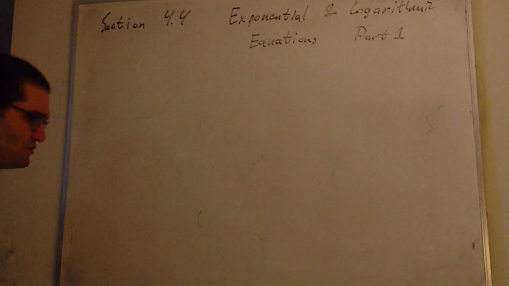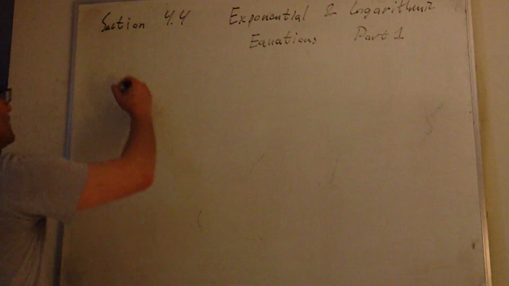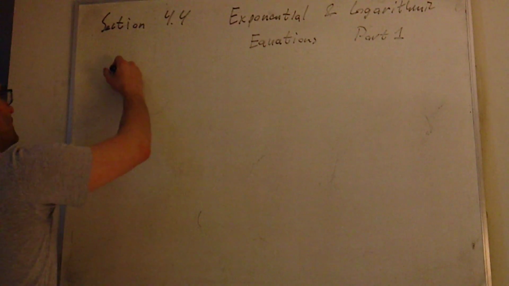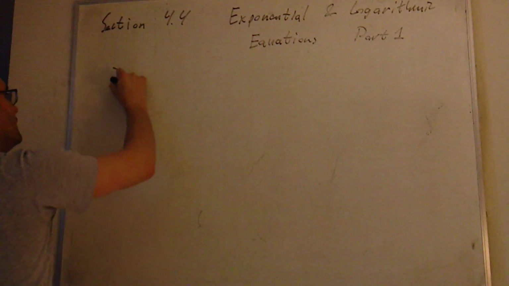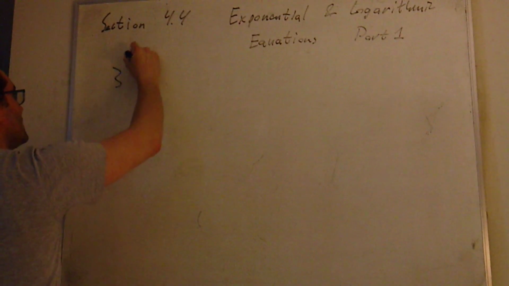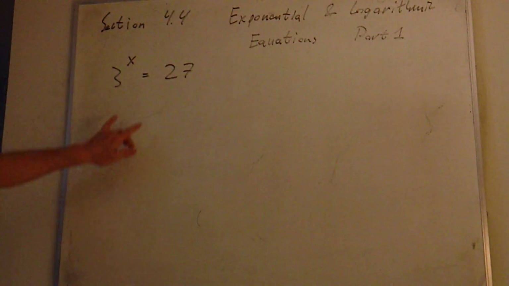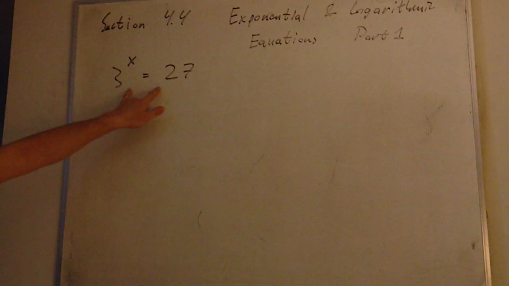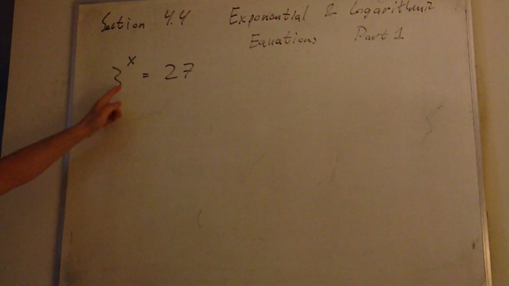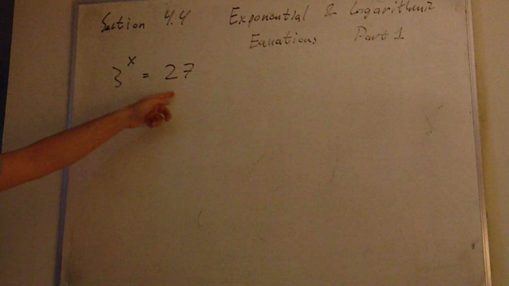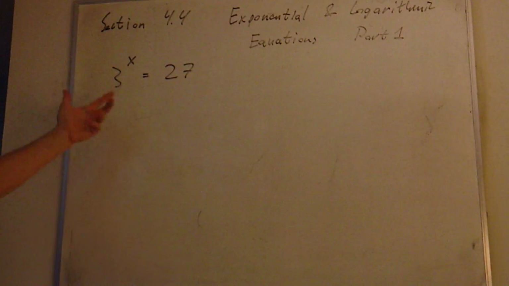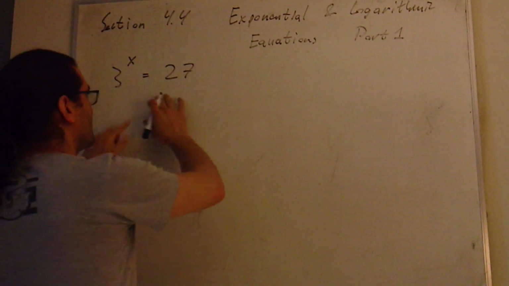We're going to start with the super basic ones, things that we've already talked about in spirit, and those are things like 3 to the x equals 27. You can kind of just look at this and know that the answer should be 3. 3 cubed is what gets you 27. And you can kind of know that because of things like this